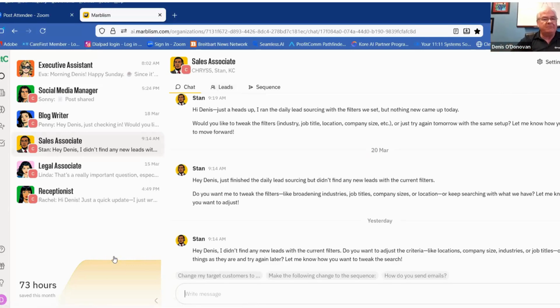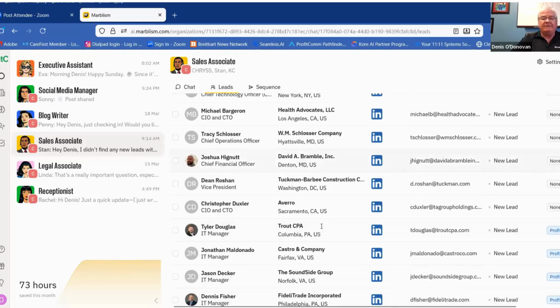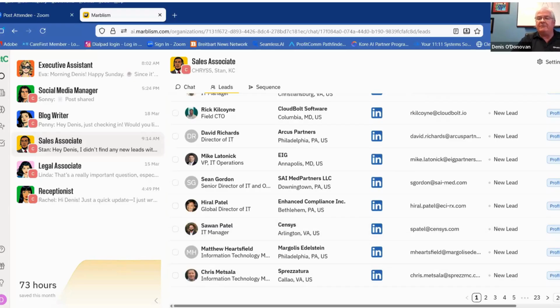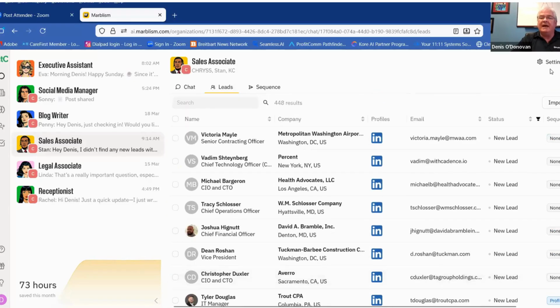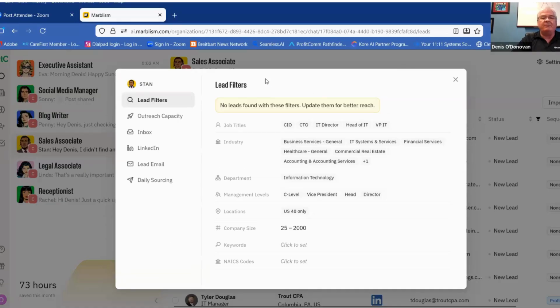So they're not going to get picked up in the same manner that a traditional spam filter would because it's being blasted out from a server. But here you go. I've got what, 23 pages of leads in here. And as far as how we set the leads up, these are the filters. So you create them just like you would anything in LinkedIn. If you wanted to do a LinkedIn search in Sales Nav or something like that, you can go in here, create the criteria. You can put keywords. You can put all these different things in here, and then